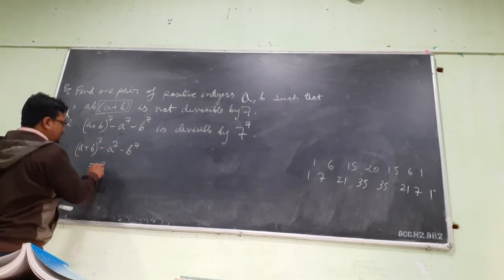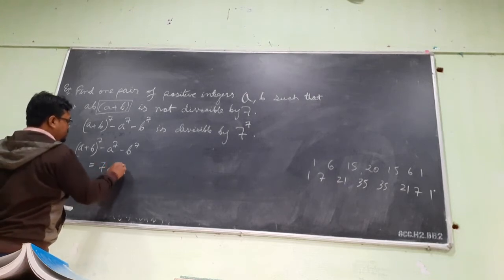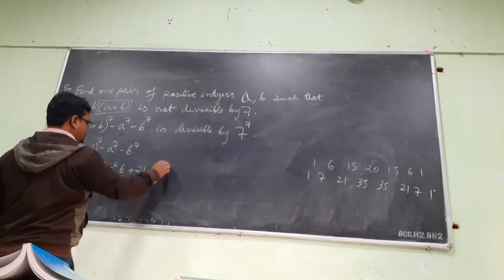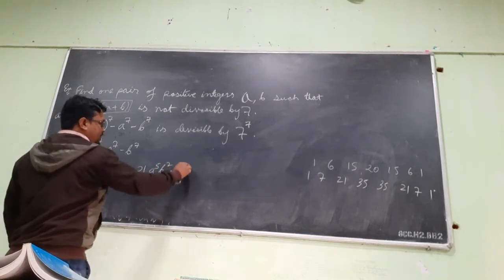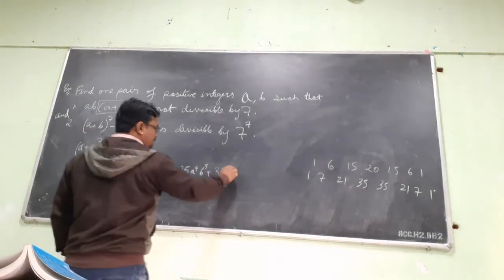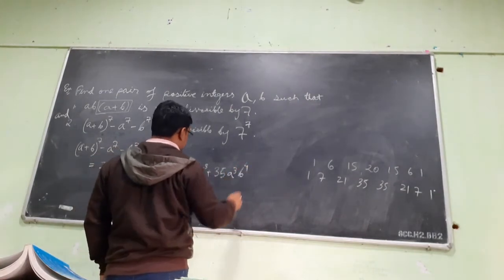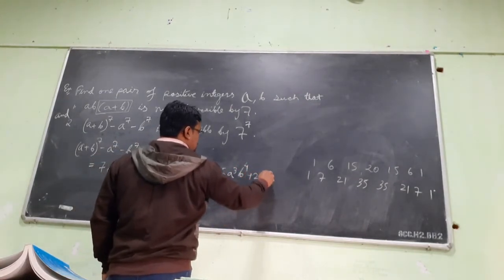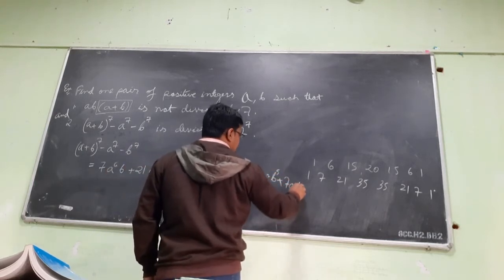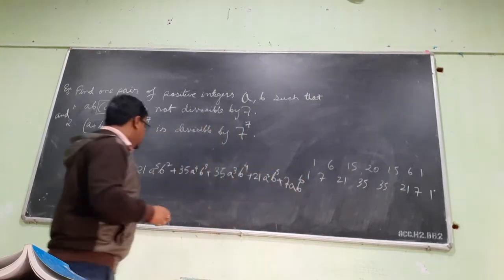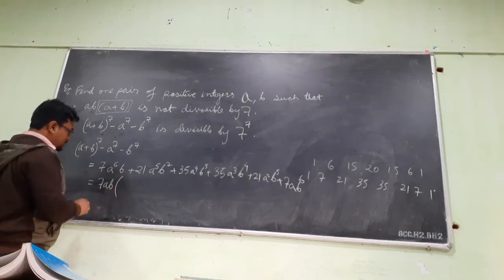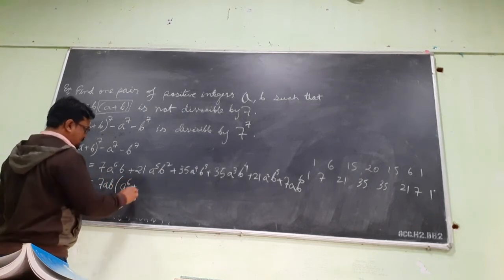This can be written as 7 into a to the power 6 b, plus 21 into a to the power 5 b square, 35 into a to the power 4 b cube plus 35 into a cube into b to the power 4, plus 21 into a square b to the power 5 plus 7 into a b to the power 6. Okay, so if I take 7ab common, it is a to the power 6 plus